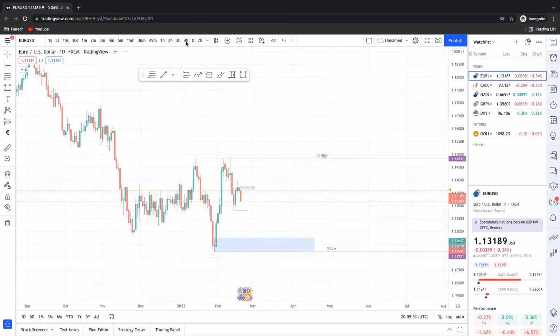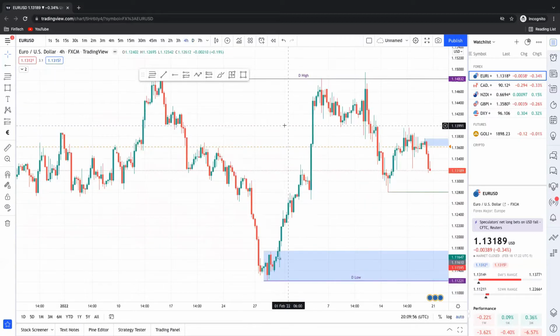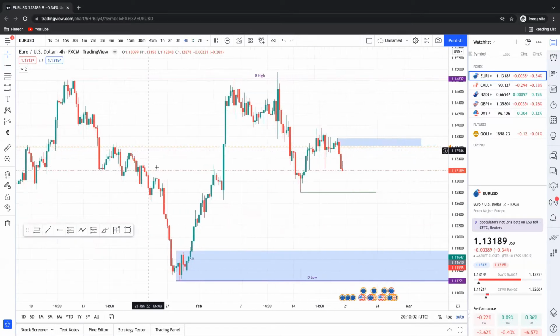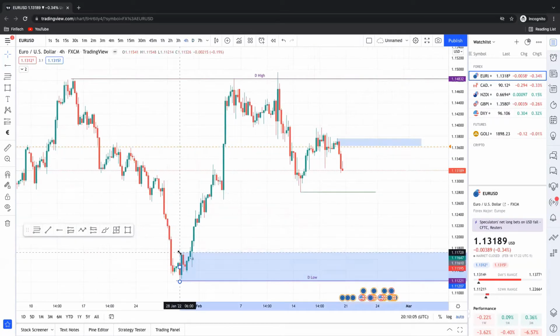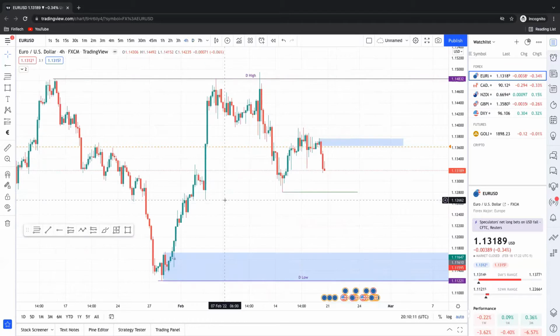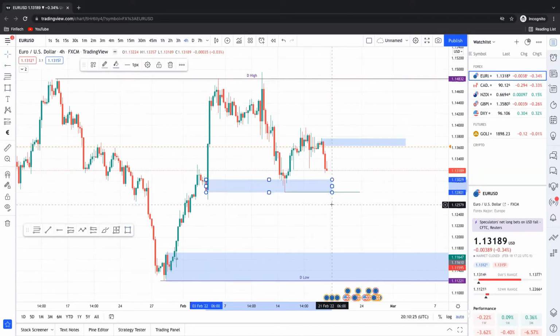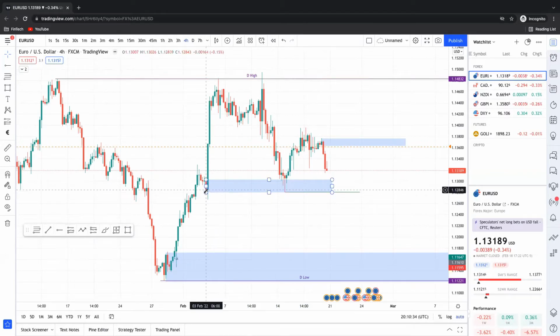So let's see what's there from the intraday perspective. Yeah, this is what we marked for the buys. We need to monitor price here, but if the price breaks here, it's definitely going to come down here. On intraday it's still bullish on the 4-hour perspective. It's reacting exactly from this point of interest, where the institutions got involved. A nice order block is getting reacted from here, so it's probably the wick.